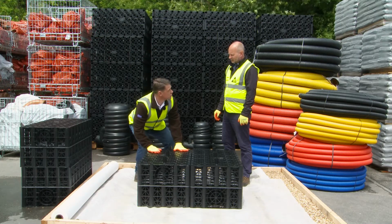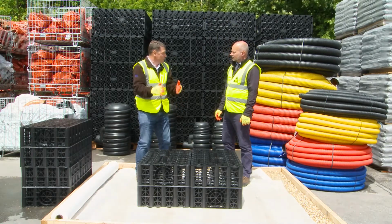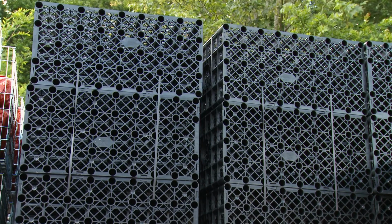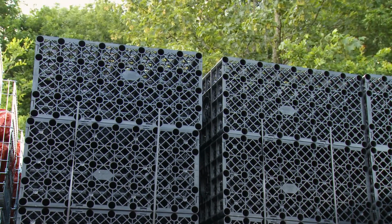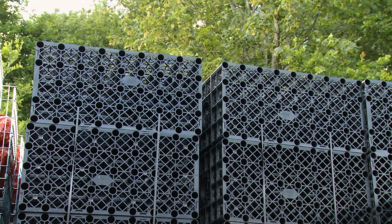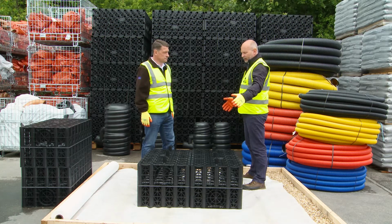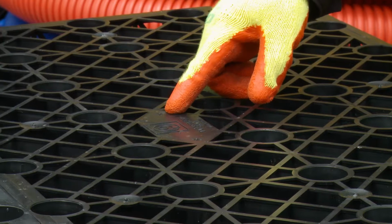So what exactly are these crates for? They look like the type of crate I used to go to football on and stand down the front. What are they for? That's right. They are an interlocking crate system that is buried under the ground and can be used as a holding or as a soakaway tank. What we've done today in the yard, Tony, is we've put this demonstration together using the